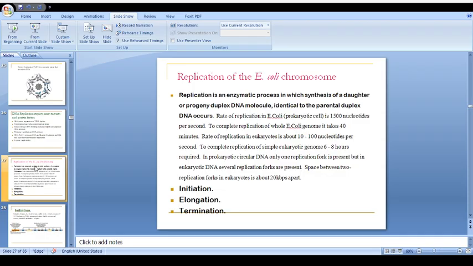The process of replication in the prokaryotic system is broken into three major steps: initiation,